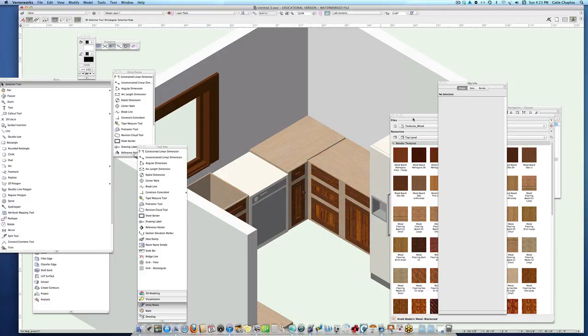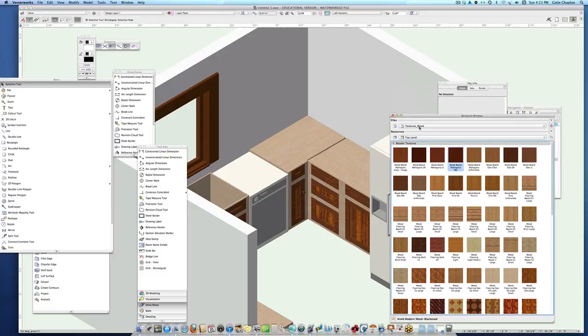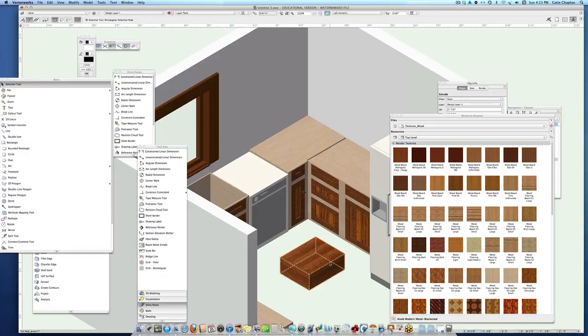So I went to my library and pulled up my textures wood, and I need to bring this into my drawing. So you have to use it on something, and so I'm just going to draw this sacrificial object here and drop a texture on it. And then I can delete that object. And what that's done now is when I